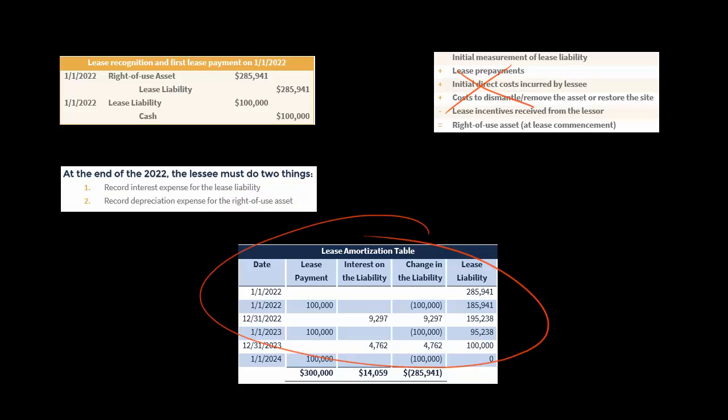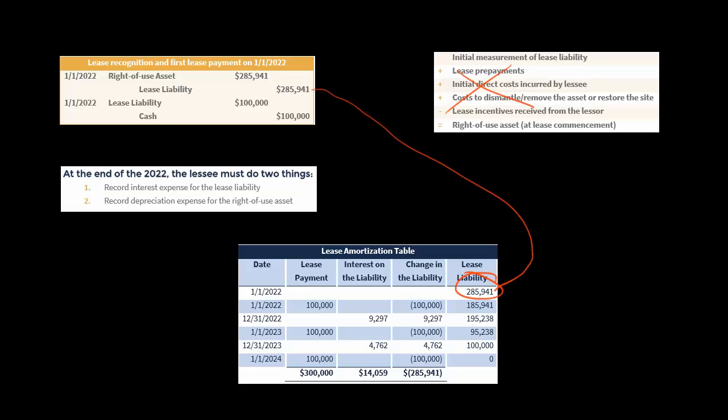So I've made this handy table here to help you understand that. This initial lease liability is going to be our starting point in this table, January 1st, 2022. But also on January 1st, 2022, we do something else. There was that first lease payment that the lessee made, so that's going to reduce the lease liability. So that's why I said you go from $285,941 to $185,941. Now, this $185,941 is important because when we calculate the interest on the lease liability that occurs during 2022, we're going to multiply this by the discount rate, which was 5%, the lessor's implicit interest rate. So $185,941 times 5%